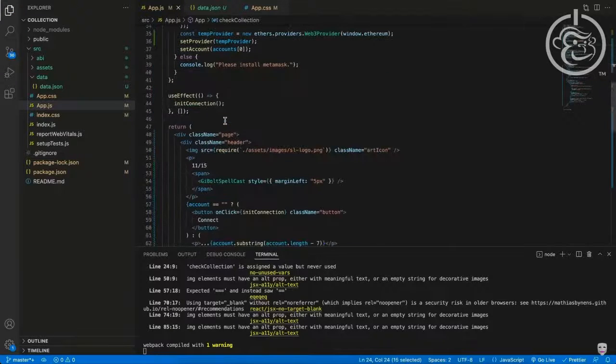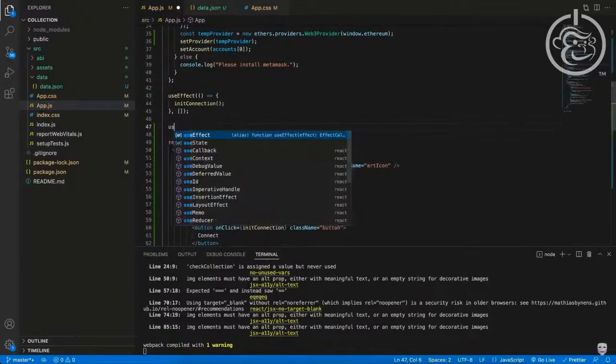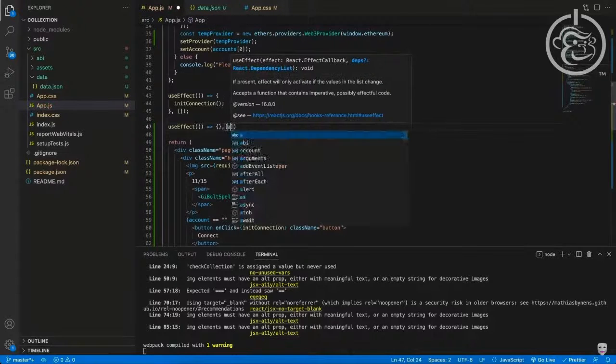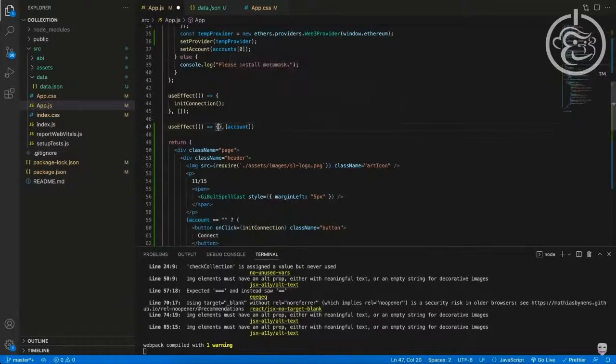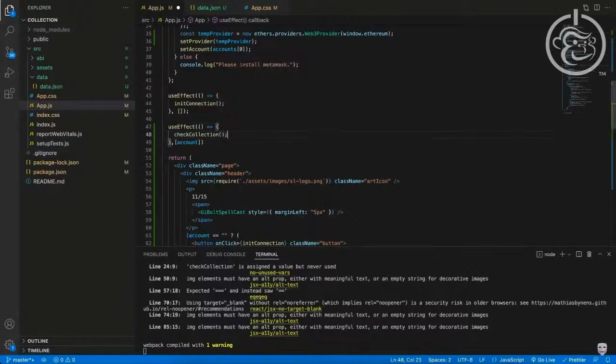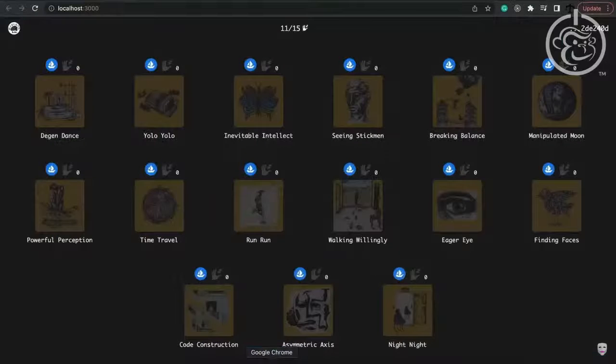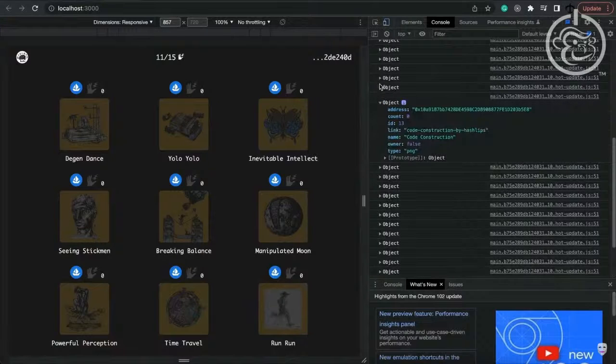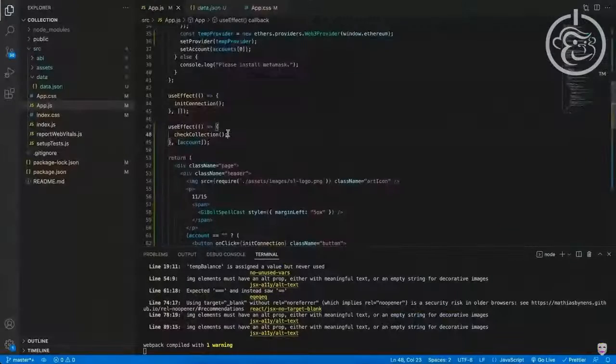Then let's go ahead and down here, create another useEffect. We would like this function to run every time that the account changes. So we're going to add account as a dependency and call the checkCollection function. Save this, go back, let's inspect our page, and here we can see all the objects. Let's go back and let's go